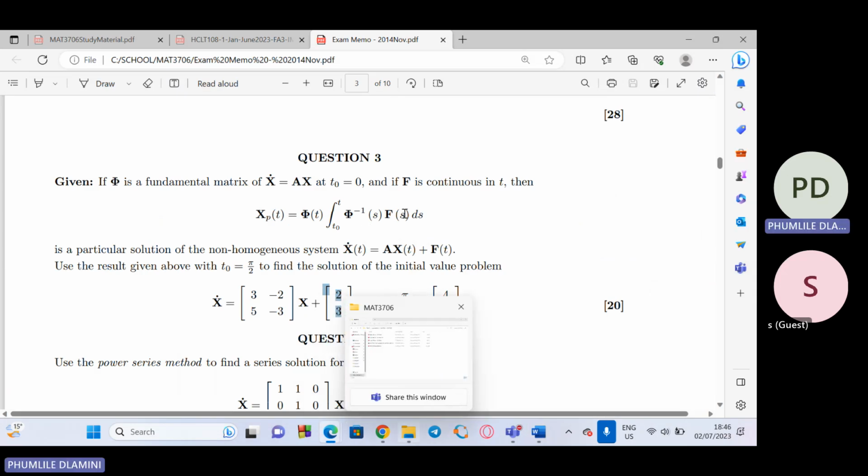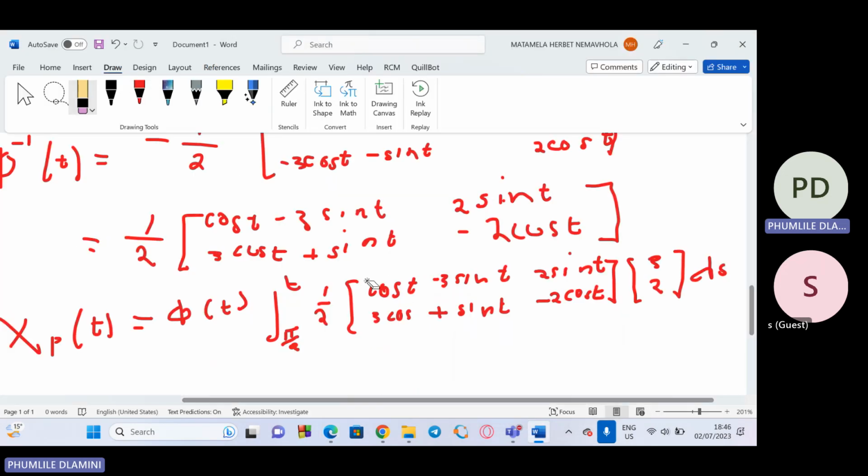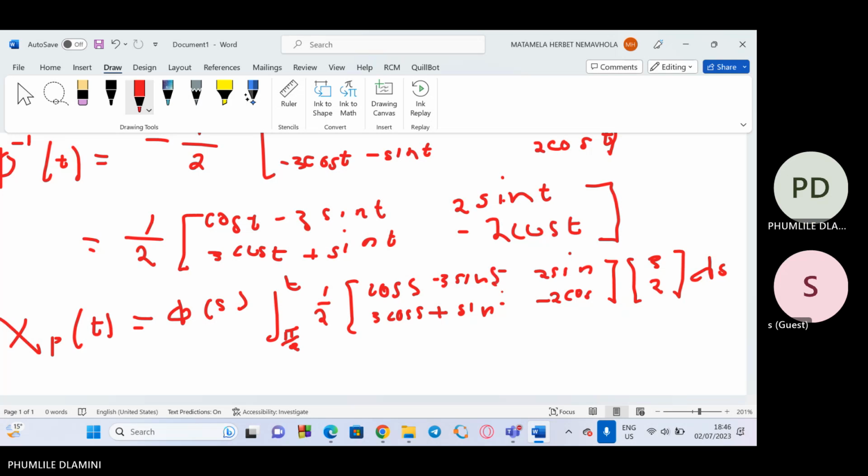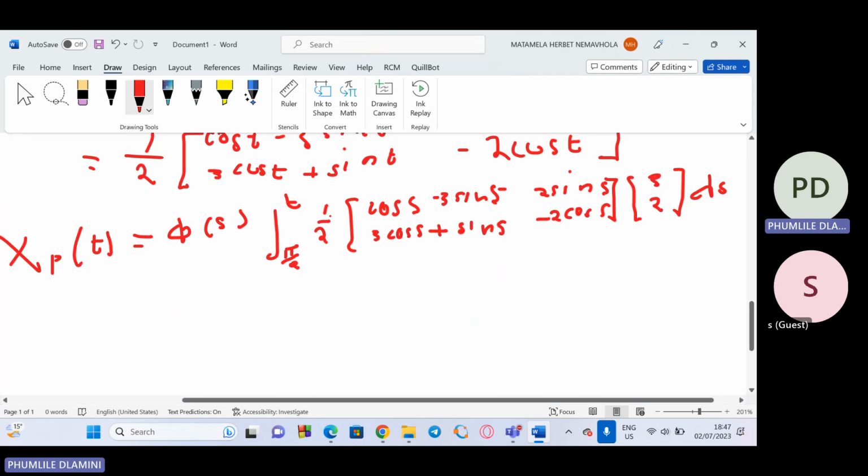everything is f of Q of s. So now, where there is t, we must write s; we can just change that. Instead of using t, we're going to use s. So we can take out the common factor, the constant, which is 1 over 2. When we take it out, it will be equal to